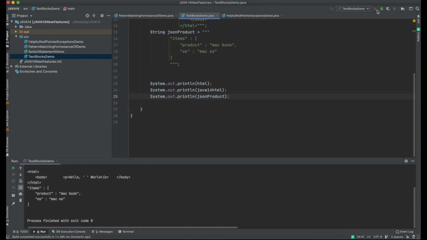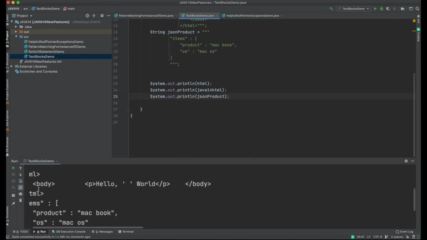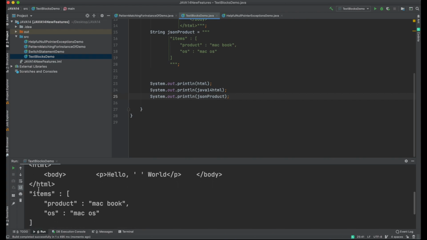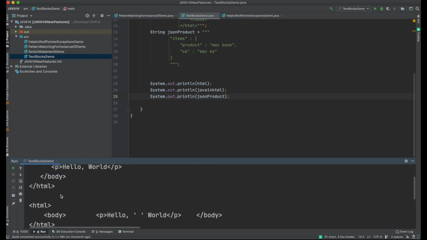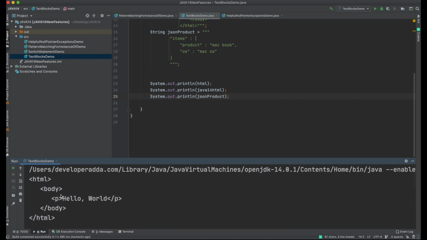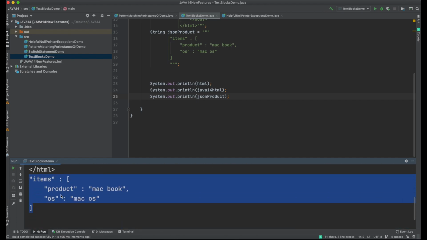If you see the output, you can see a JSON string and an HTML string. So in this example, we learned how to write text blocks, and it makes multi-line string declaration very easy.